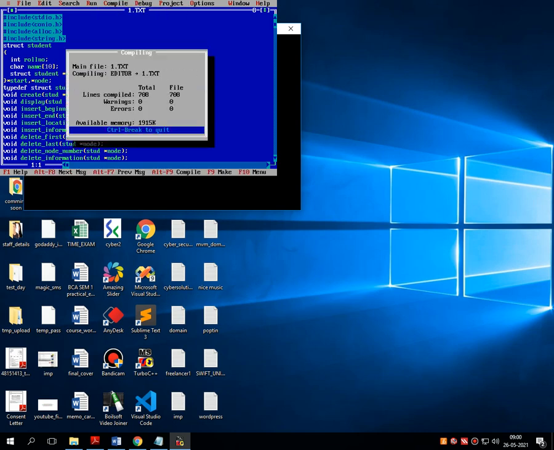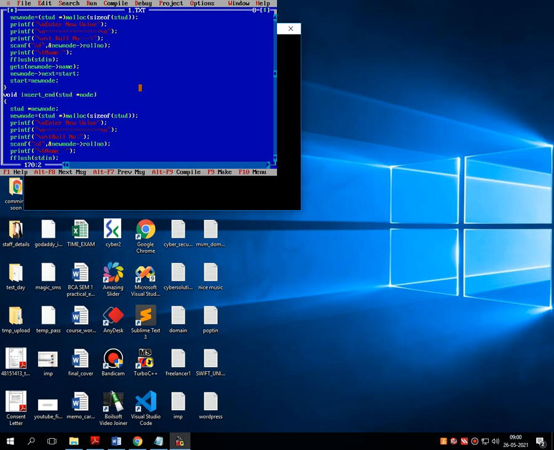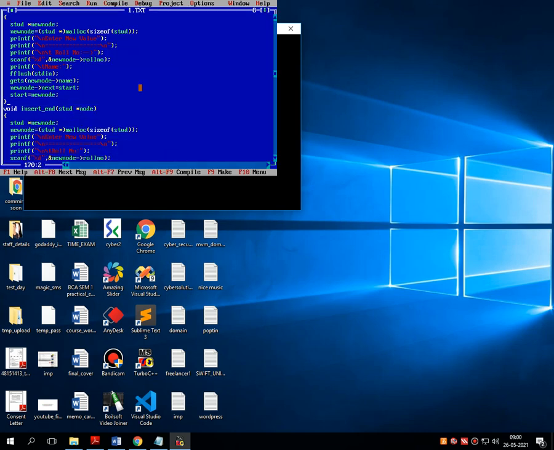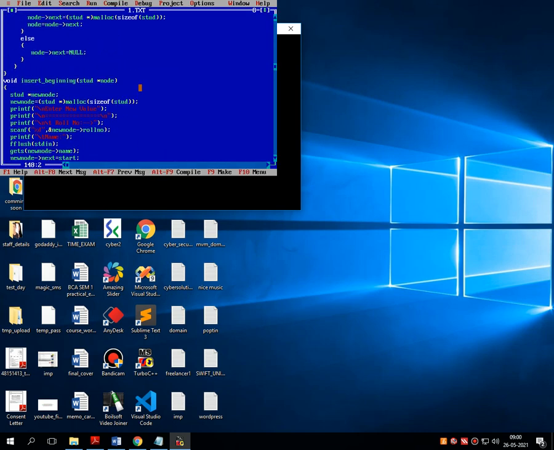Let me check first. There are no syntactical errors. One warning is there. Let's see what the warning is. Node is never used. It's okay, no problem.